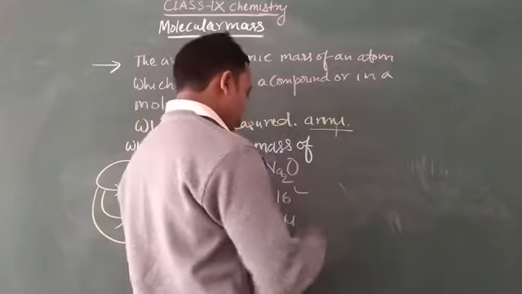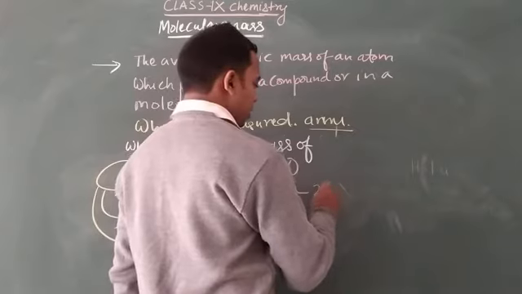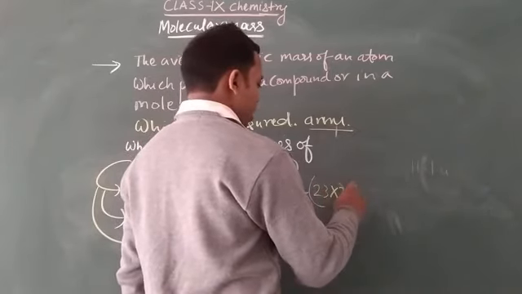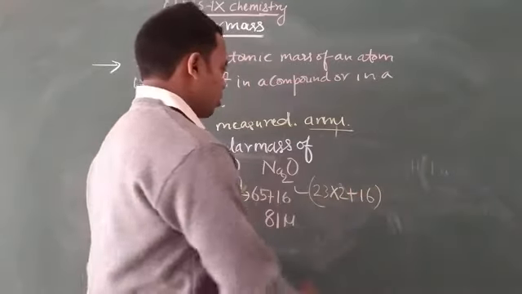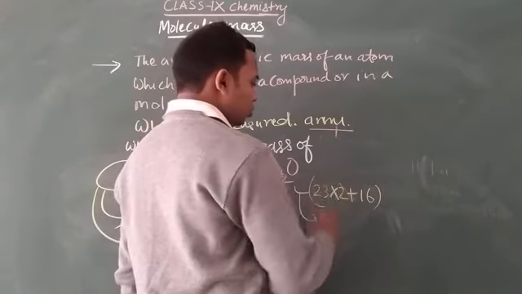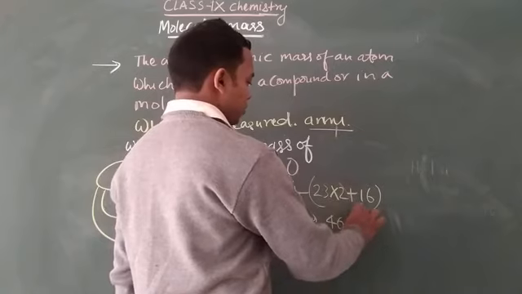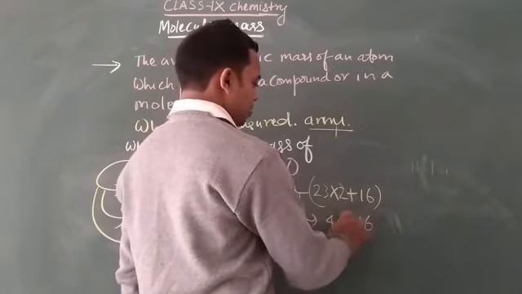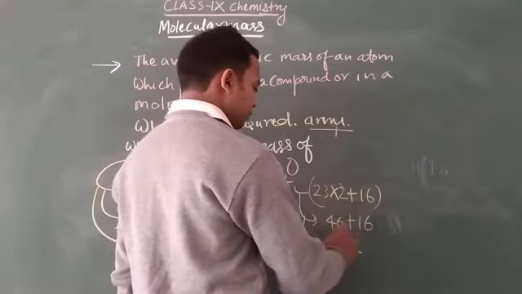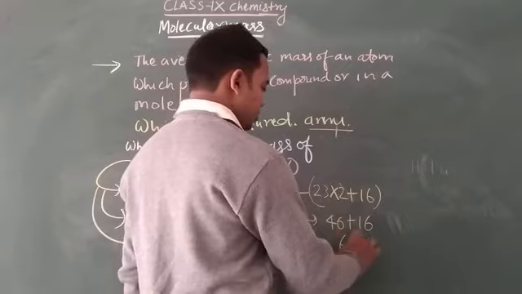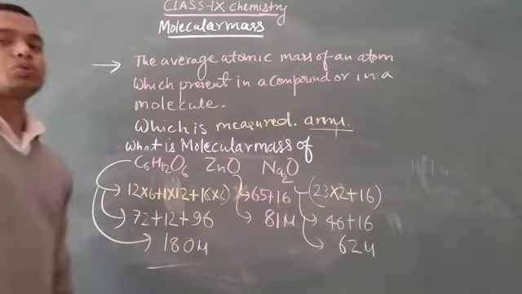So what will be the molecular mass of sodium oxide? The atomic mass of 1 sodium will be 23, and 23 into 2 and plus 16. So how many? 2 threes are 6 and 2 twos are 4 plus 16, and then 6 plus 6 is 12, 4 plus 1 is 5, plus 1 is 6, 62 unified mass, the molecular mass of sodium oxide.